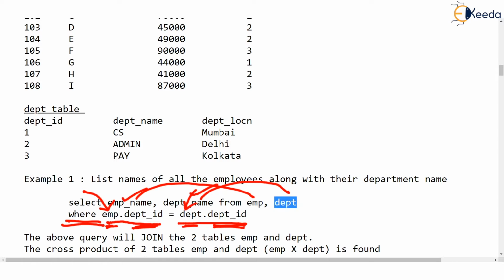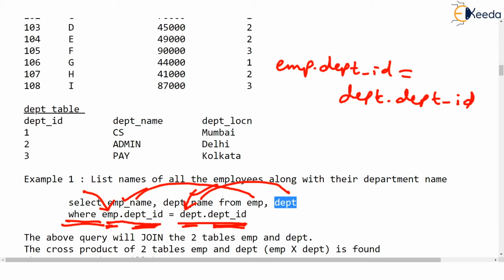Look at the table name given at both places. We have written the where clause as emp.deptid equal to dept.deptid. Now, why is the table name written? Obviously, if you don't write it, then the condition will become DEPTID is equal to DEPTID, and that is so confusing. What are you comparing? You are comparing department ID of EMP with department ID of DEPT. Okay? This is the query.